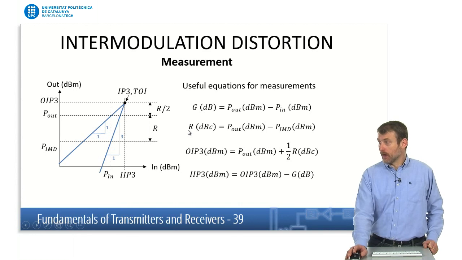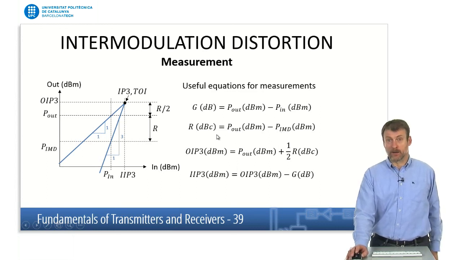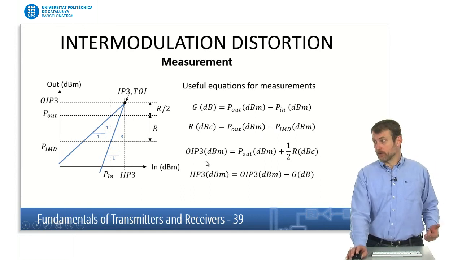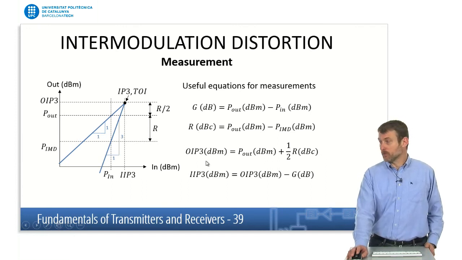Then you would measure the rejection. That means you measure the output power of the desired signal in dBm and measure the output power of the intermodulation products and subtract both. And then you can calculate the third order intercept, and by using the equations that I've shown before,